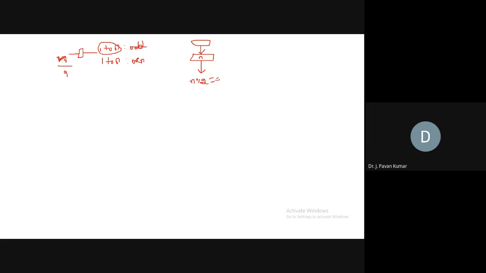So if n mod 2 equals 0, what does it mean? Even number. So if it is even, then we will perform certain instructions. If it is true, we will display even numbers. If it is false, we will display odd numbers. To display all the even numbers from 1 to n, how can we draw the flowchart? If it is true, then